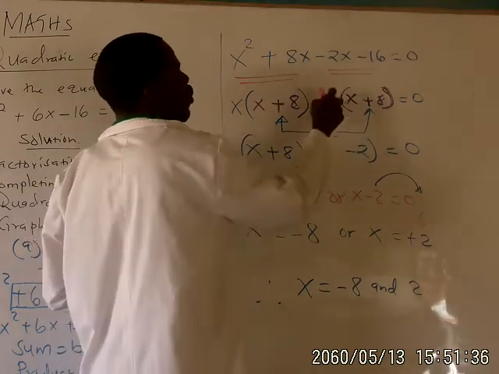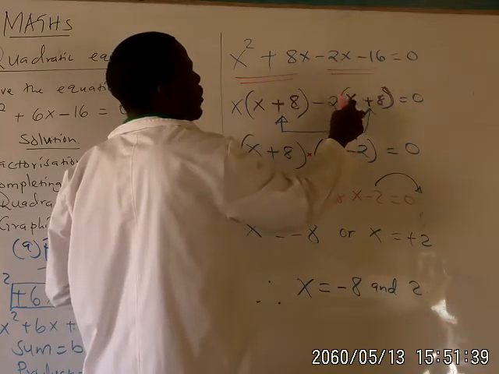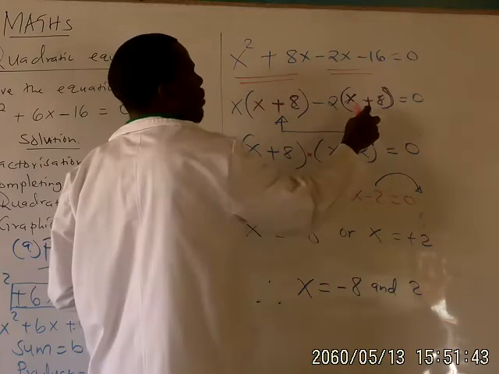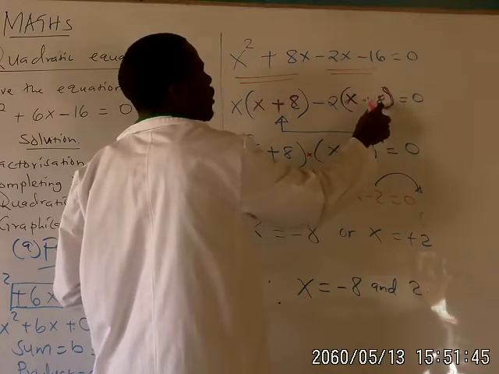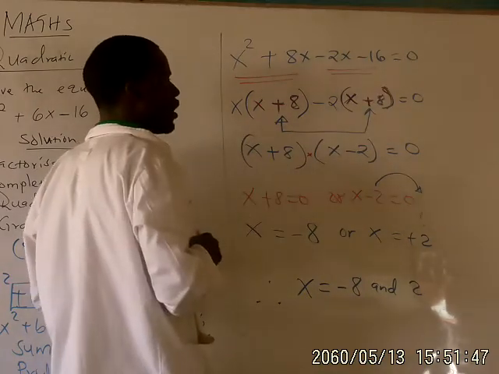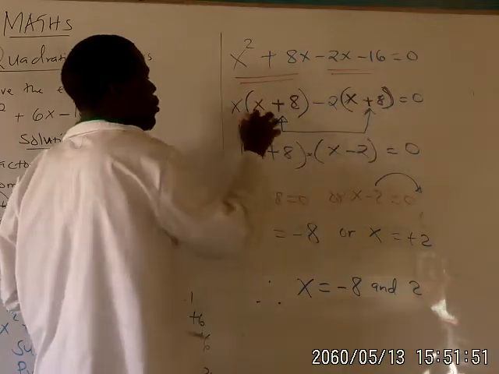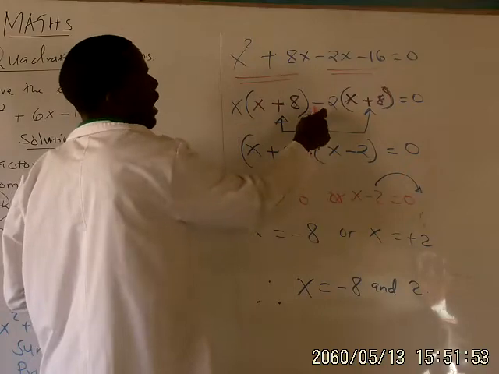You will find that already you have x here, and you can see you have x here. So these two factor out, and then automatically this being 8, it will give you negative 16. And therefore you would have solved this part, and you would have factored out the x and negative 2